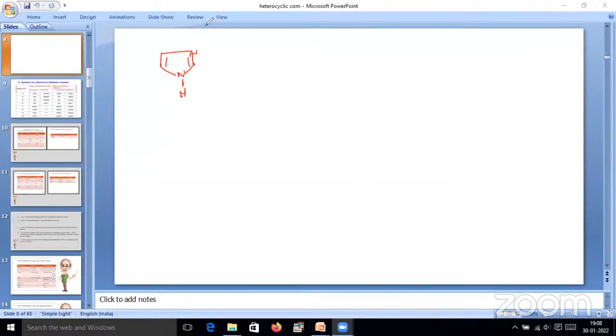Okay, so you can mention like this. This is the nitrogen atom. This one is the nitrogen atom. First one, you can start. You can give numbers starting from the nitrogen atom that is attached with a hydrogen atom: 1, 2, 3, 4, 5. So we have 2 nitrogen atoms. So you can mention like this: aza plus ol. Okay. So we have 2 nitrogen atoms, so you can write diaza. You can remove this letter,